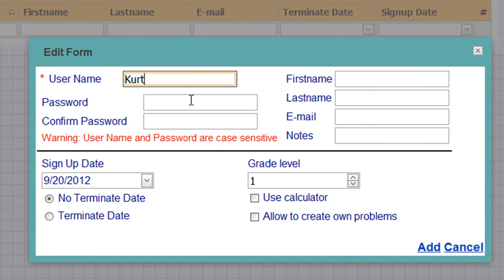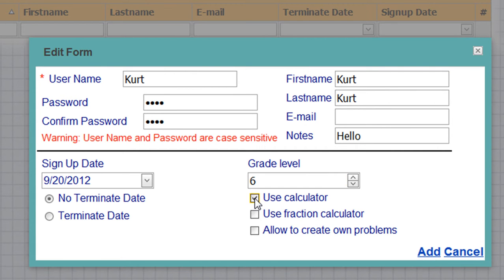I'm going to create a name, a password, and check the sign up and terminate date. I can add notes and add an email address. Check the account, which is a student. If I wish to add a grade level, I can. I can make a calculator and fraction calculator available to the student, or even allow the student to create his